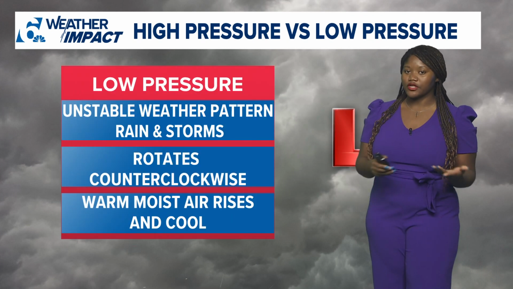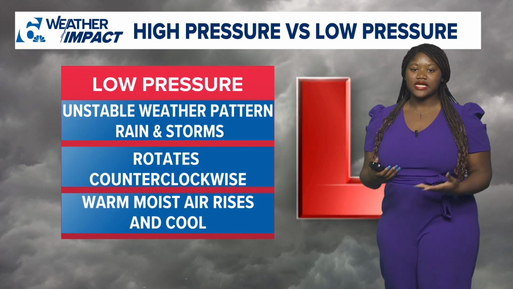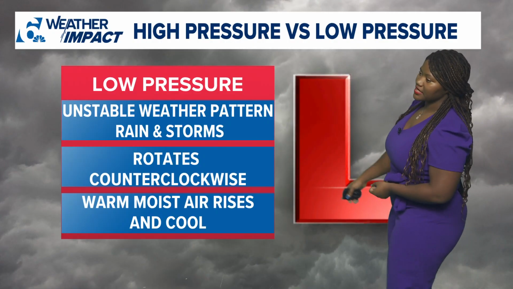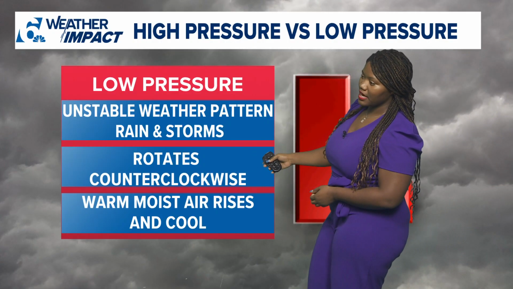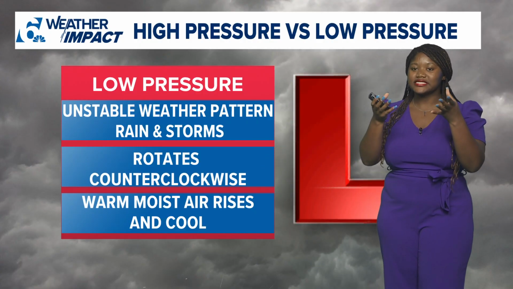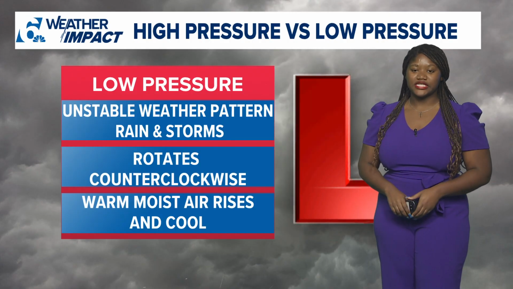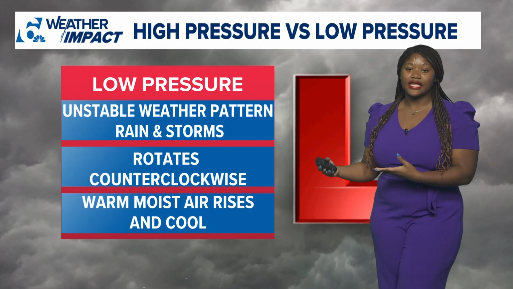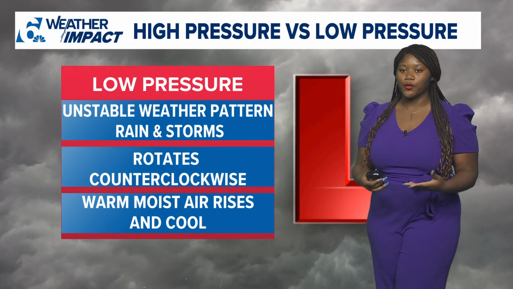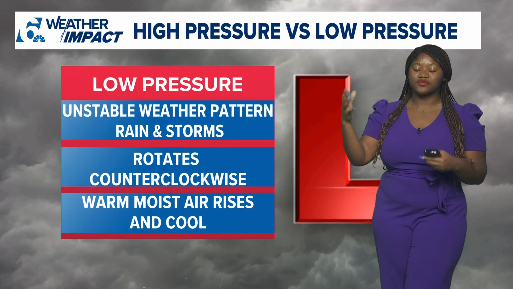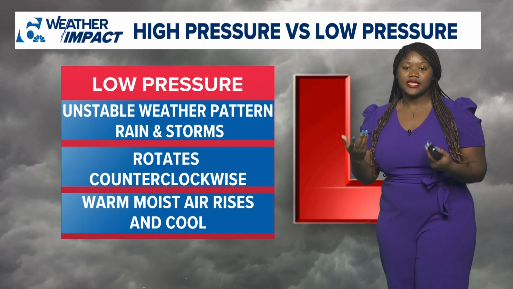Now, in terms of low pressure, it brings us unstable weather patterns such as rain and storms. It rotates counterclockwise in the northern hemisphere, and it occurs when warm, moist air rises and cools. So that's why you see a lot of clouds present with low pressure systems, and again, a lot of rainfall. So think about evaporation there. When the rain evaporates, it goes up and it forms clouds because we have more moisture in the atmosphere,